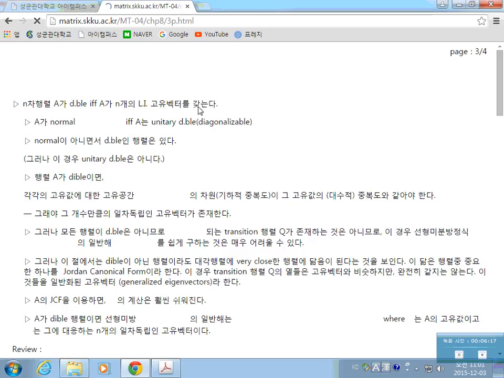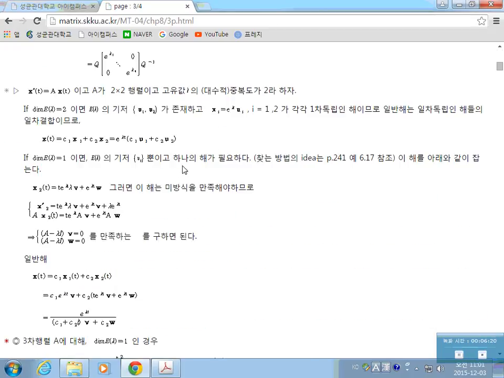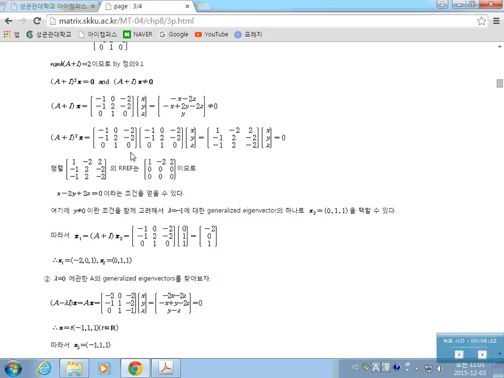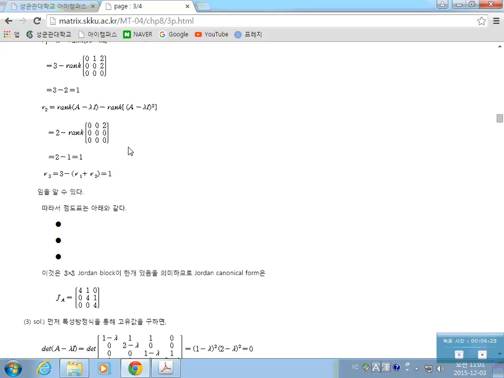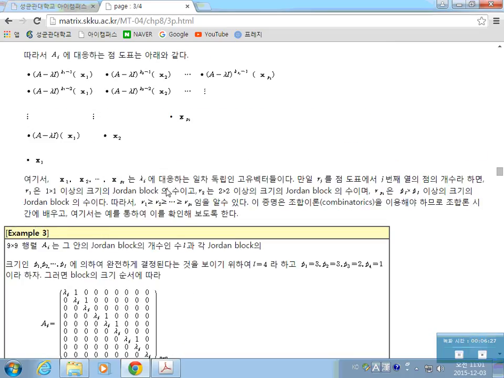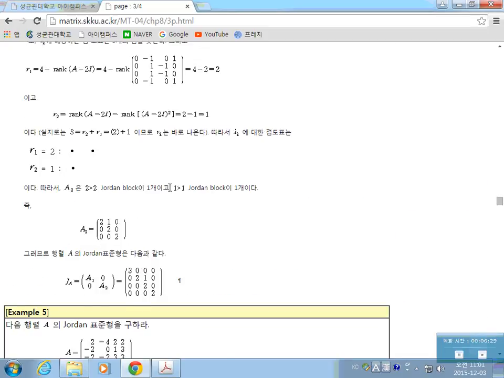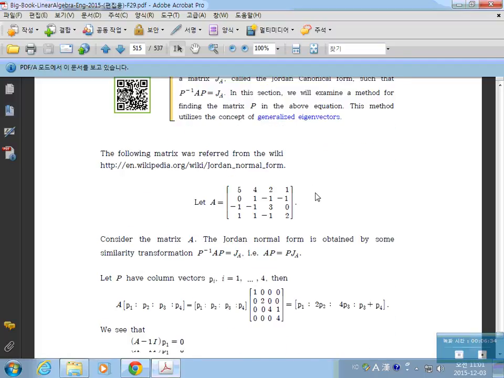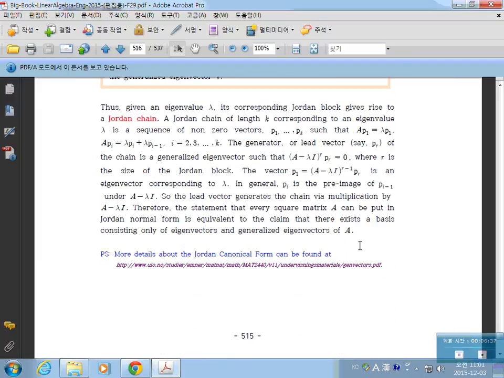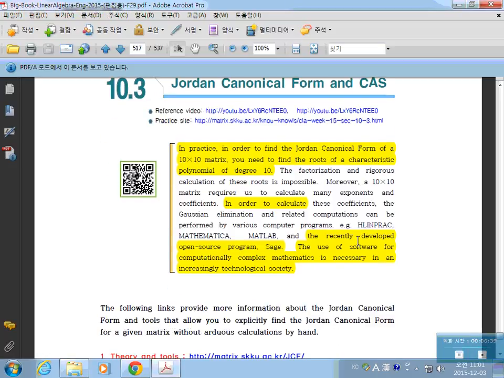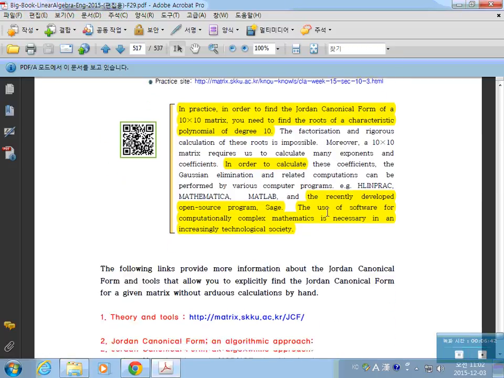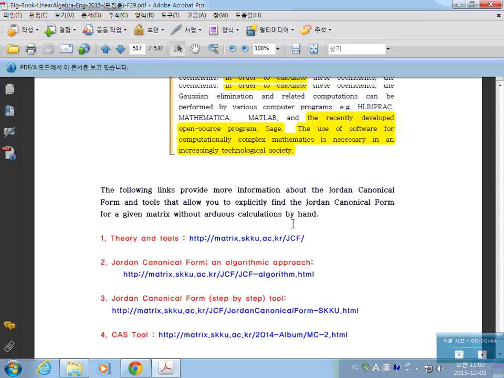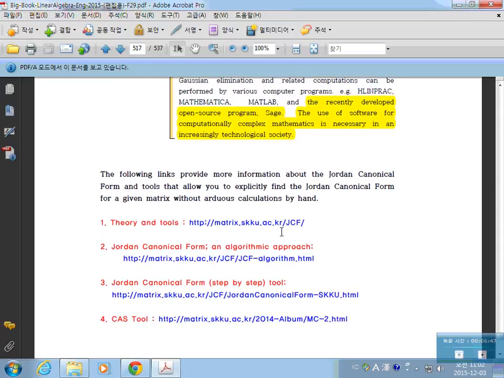I have given you some more explanations on the Jordan canonical form, the information on how to find it, and some extra information. I also made a whole code for finding all these generalized eigenvectors, and I will show it here. I will continue with how to find the generalized eigenvectors and the Jordan canonical form